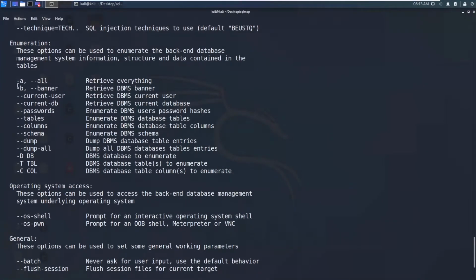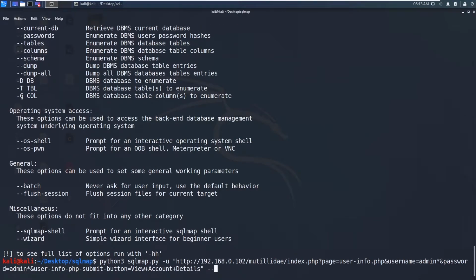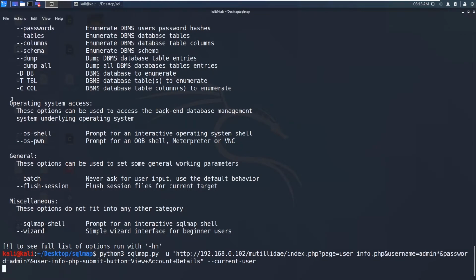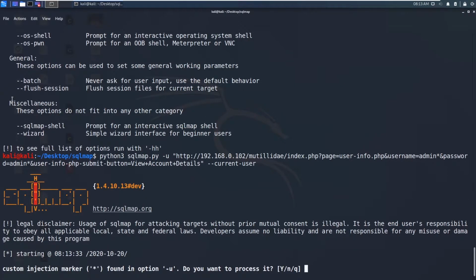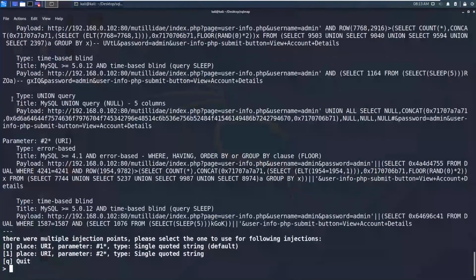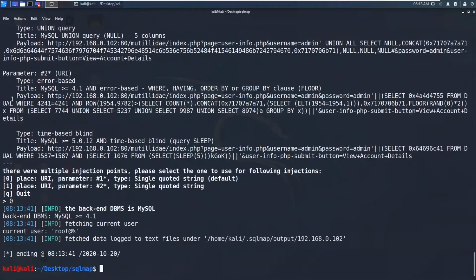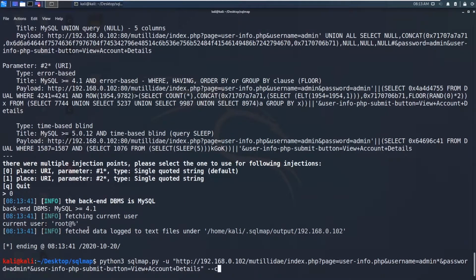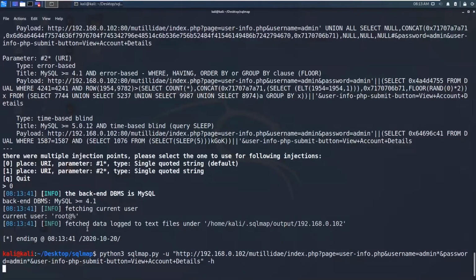So what we have got, first we have got the banner, and now let's try to retrieve the current user. This is very important, whether we need to check SQL service is running as a root or not. In the same way, press enter, and then enter 0 and press enter, and you can see the current user is root. You can forget this @ which can be regarded as URL encoding. So now we got the current user as root.